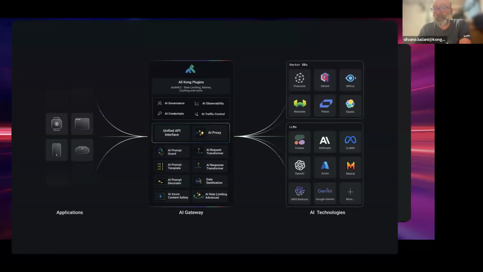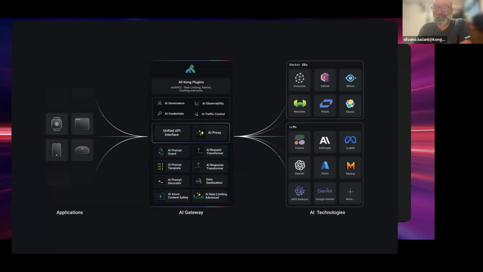And on top of those standard plugins, we have now added some plugins that are specific to AI. At the very basic level, the foundation of everything is the AI proxy, where through a unified API interface, you can access the different LLM providers with requests that are basically the same, and we take care of transforming the request according to the spec for the specific provider. If you try to play a little bit with AI, you've probably seen that the format of OpenAI when you want to send a request is slightly different than the format of all the others.